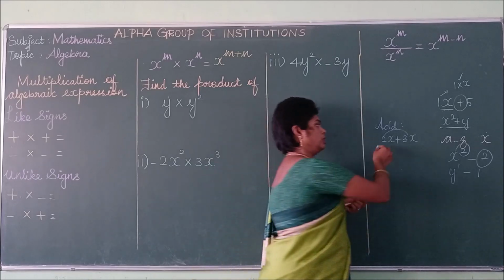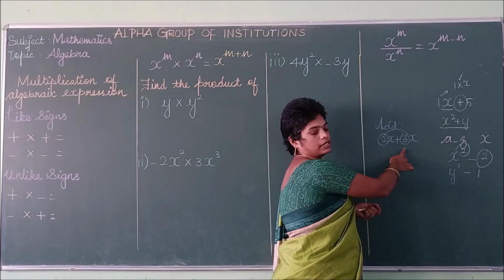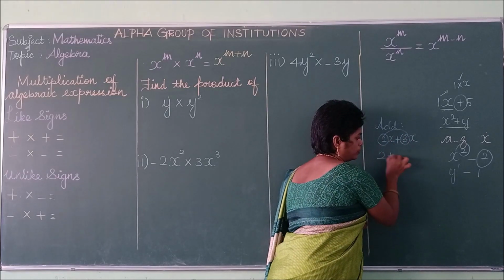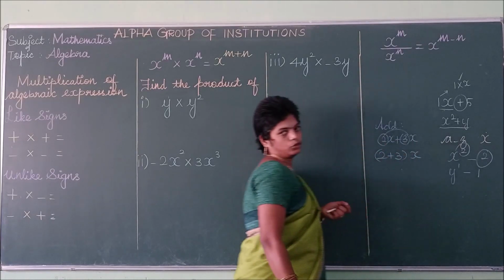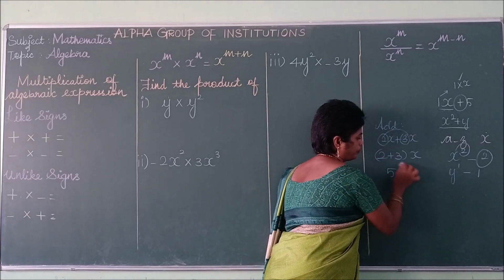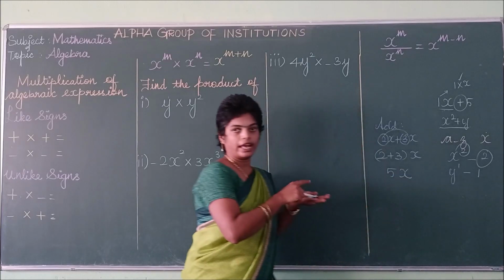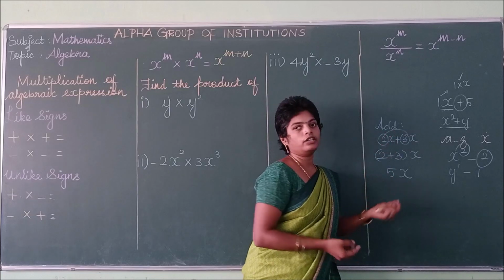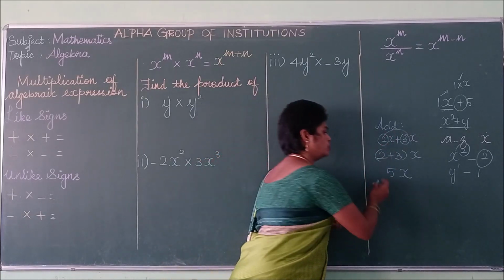So likewise you have to combine the numerical terms, that means the numerical values. What are the coefficients of this x? The coefficient of this x is 3 and the coefficient of this x is 2. So how to combine these two terms? 2 plus 3 into x. Add these terms: 2 plus 3 is 5x. So we have already learned this. So listen, for addition you have to combine those things. But for subtraction, listen,